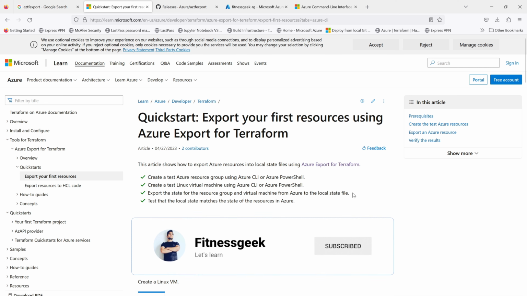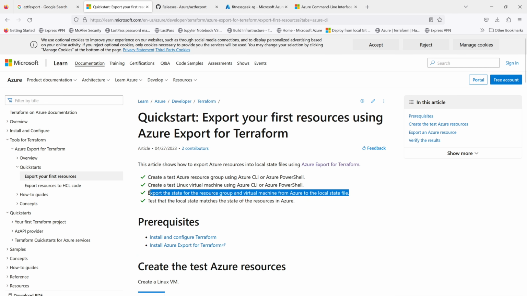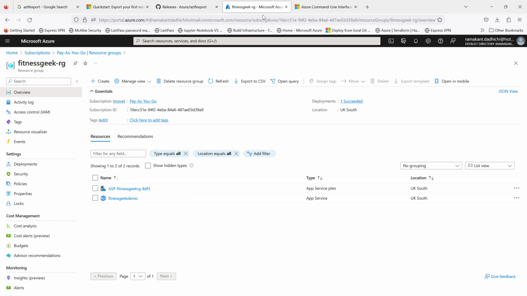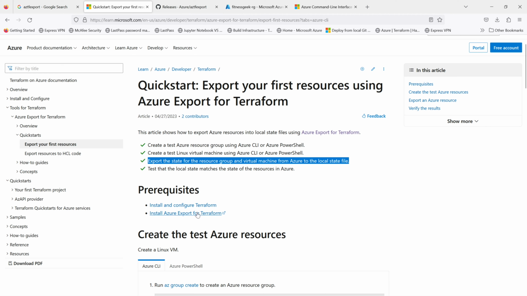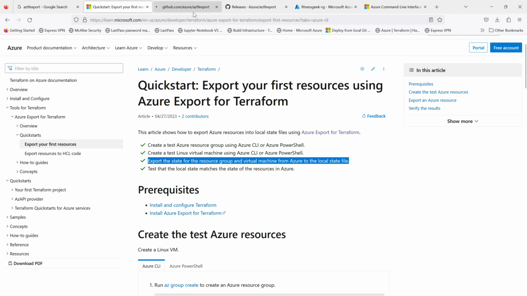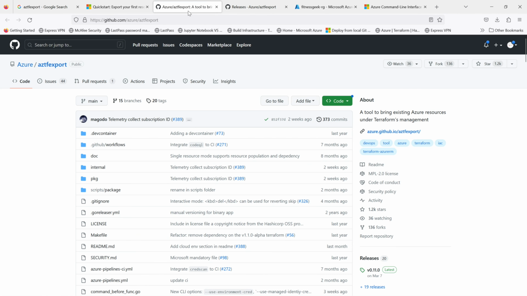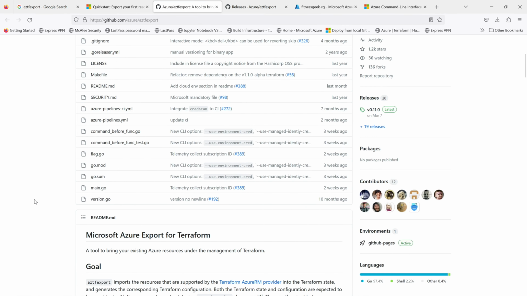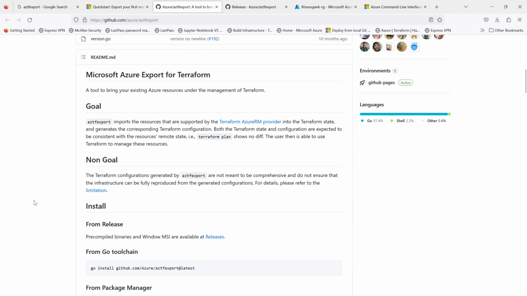There is this tool called aztfexport, which we will be using. This is a tool from Microsoft and it looks very promising. It used to be called AZT-Fi and now they have rebranded it as AZTF Export. So we are going to check out the tool and first create our resources, which I've already created. You can create that by CLI or PowerShell or just the portal and then import those into your Terraform configuration